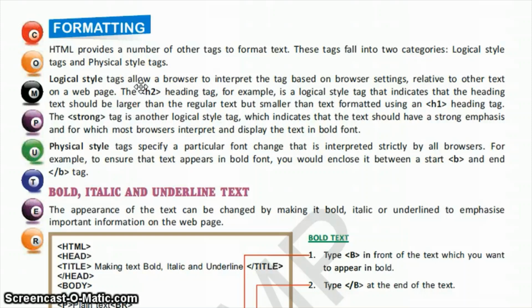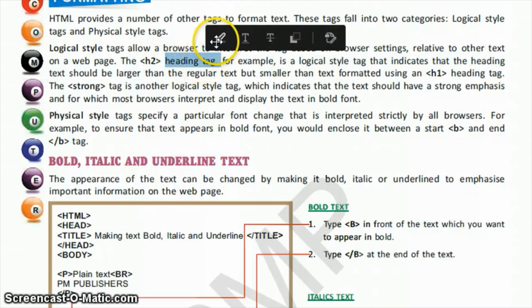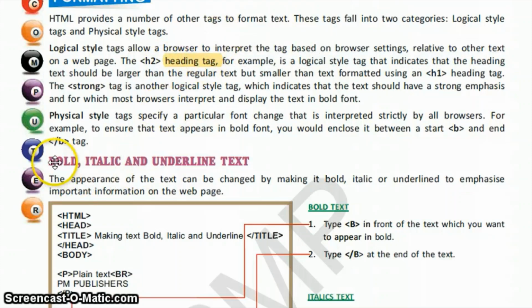If we are working on a web page, then it is the appearance of the web page or layout of the text. Now the different tags which we use for formatting are the heading tag. We use the heading tag for formatting. Then we have the bold, italics and underline tags for the formatting.